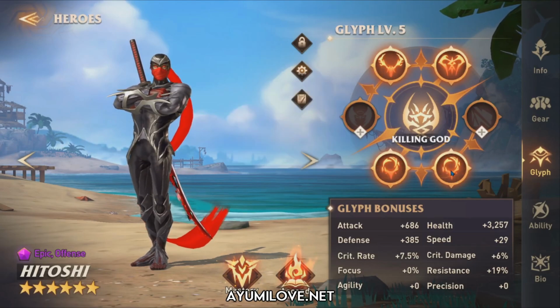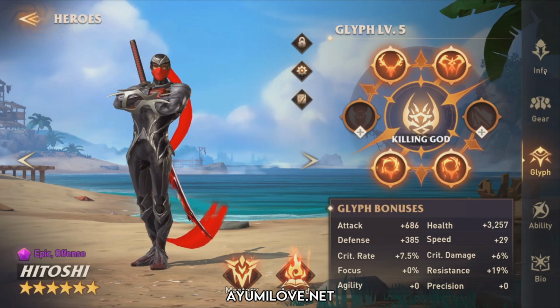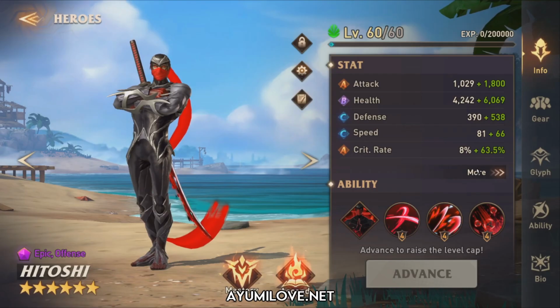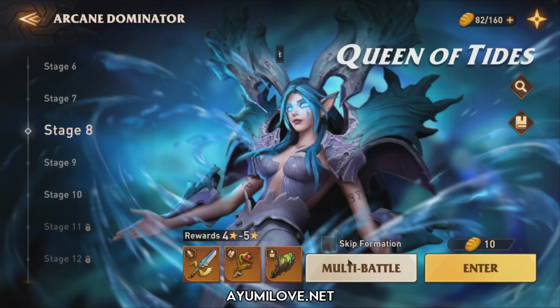And the third prerequisite for your damage dealers would be to gear them decently well, to have 100% critical rate for the damage dealers. But for Hitoshi, it's a special case, it will be 70%. Give them as much attack stats and critical damage, and then some speed to speedrun them to go before the enemies. Once this is out of the way, let me show you the team formation that I used